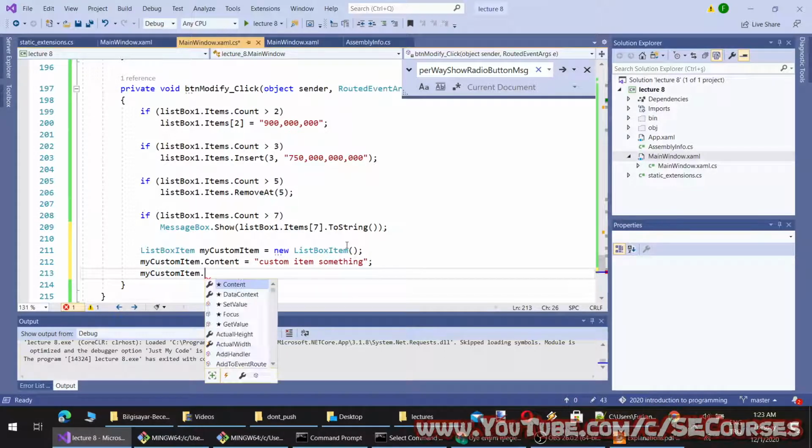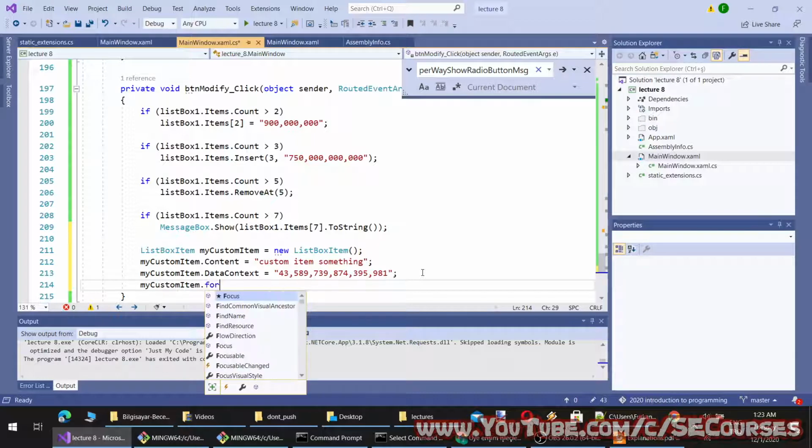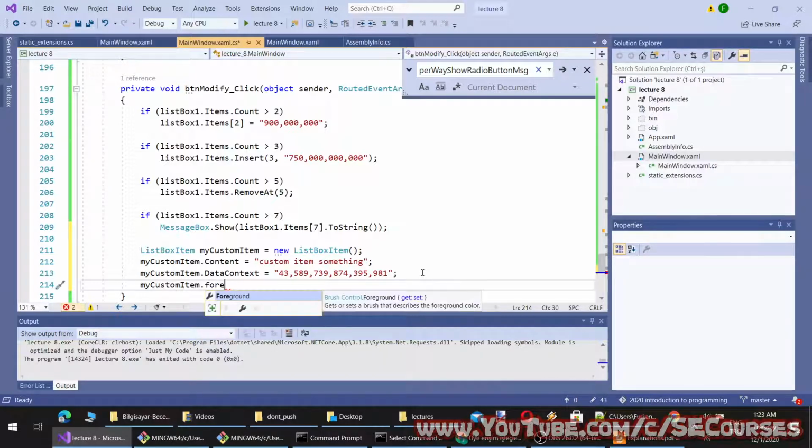My custom item data context can be, let's say, some value. It can be like this as well. Okay, and I can also set the foreground color.